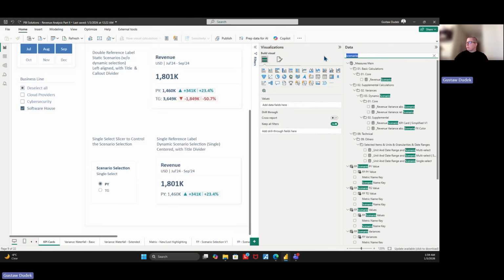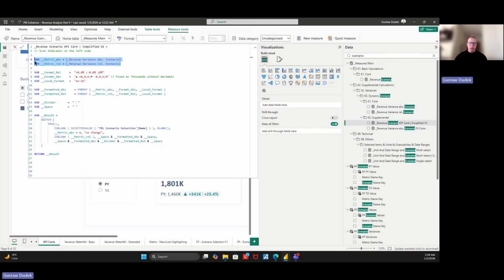So then we can move back to our card. We are referencing these two additional created measures. We are applying specific format. Just to mention, it doesn't have to be applied on the level of the measure here. We can just have additional different measures where we can actually store these format strings. So it also works. This one is a little bit more simplified approach when we actually have these strings directly